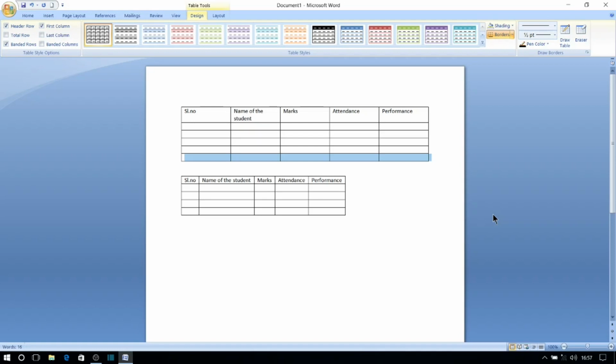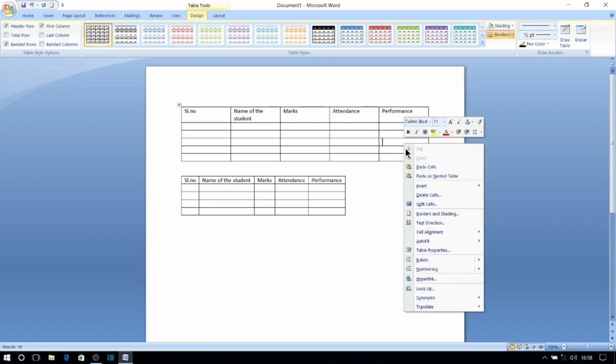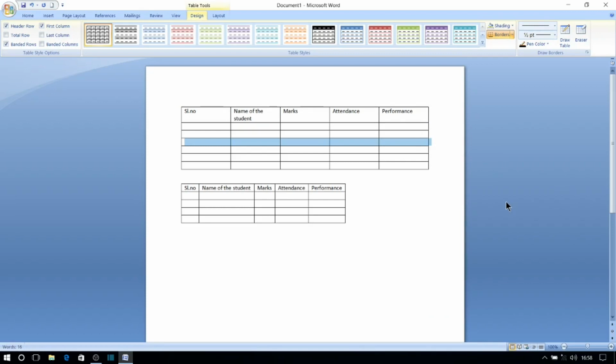Suppose you want to insert a row in between the rows already existing, you can go and select the particular row above which or below which we have to insert a row. Just click on it and go to insert option and click insert rows above or below.